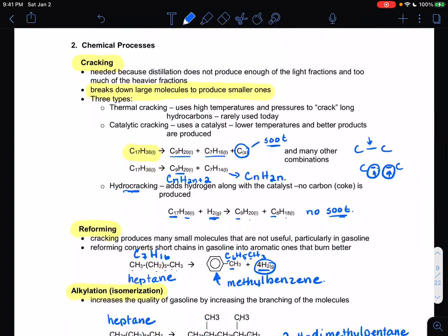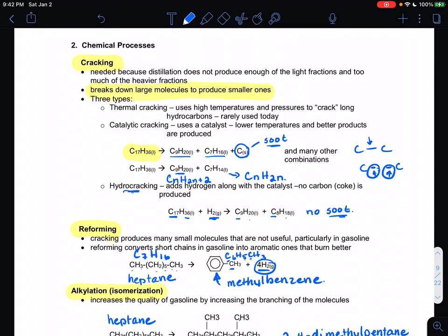After that, we're down to chemical processes where we've got chemical reactions. And the 3 kinds that you need to be aware of are cracking, reforming, and alkylation. Unlike the chemical reactions that we learned in inorganic chemistry, predicting the products is a little bit more loose, because what happens is you can get a lot of different kinds of products. So the idea is to look at the big picture. In cracking, you're taking a long molecule and making 2 or more shorter ones. The one that you need to be aware of is hydrocracking, where you add a little bit of hydrogen and prevent some soot, which is just carbon,